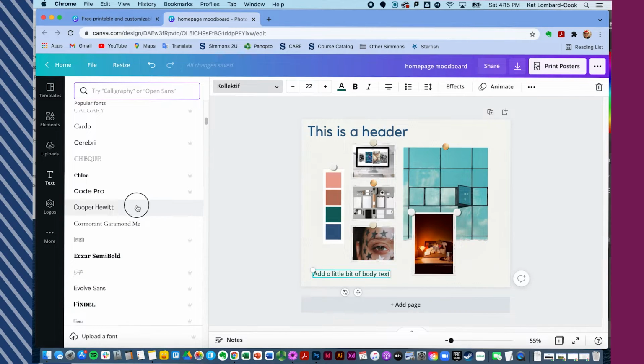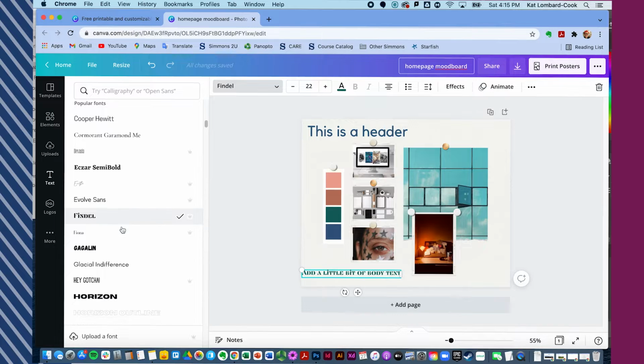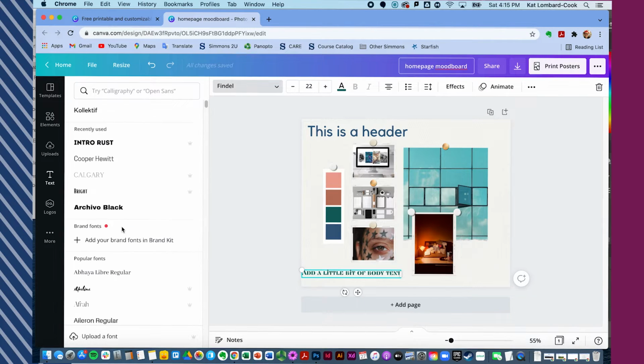So when I was going through, I was trying out different things. And I was like, no, I don't really like that. So let's see. No, definitely not for body text. I ended up liking this one, Collectif. So one of the things that I want to make sure that I note somewhere is that I have used this particular font, because later on when I come to actually setting my font on my website, I want to be able to look and see if I can find this font or something like it